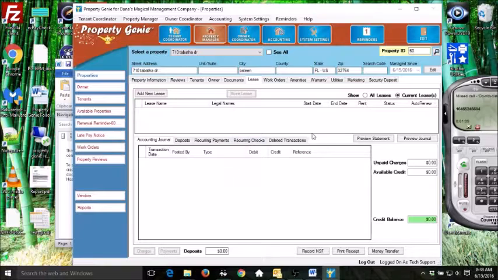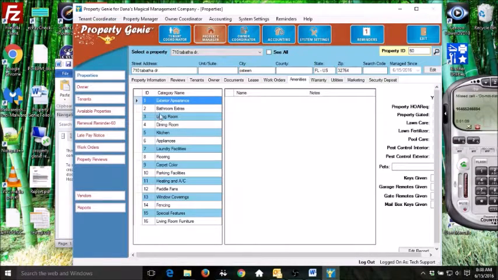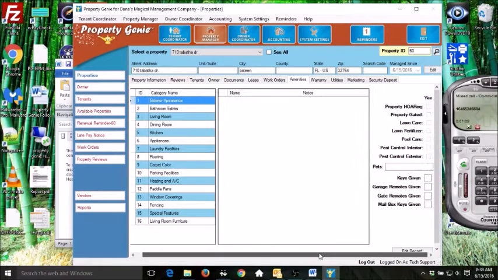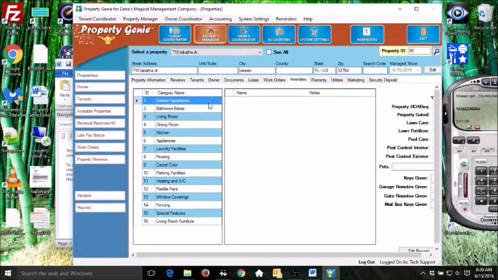This is where we would add a lease. Nothing to show here now. No workers to do. Okay, now we need to set the amenities for the property, and this is what we're going to use to publish when we advertise our property on Zillow or HotPads or our own website that's built into Property Genie for your business. These are the characteristics of the property we'll advertise. So exterior appearance,